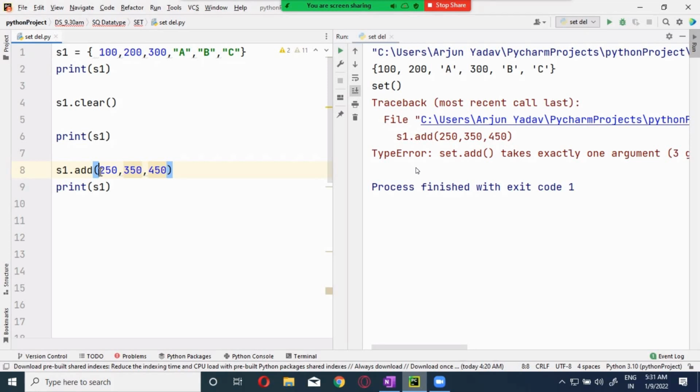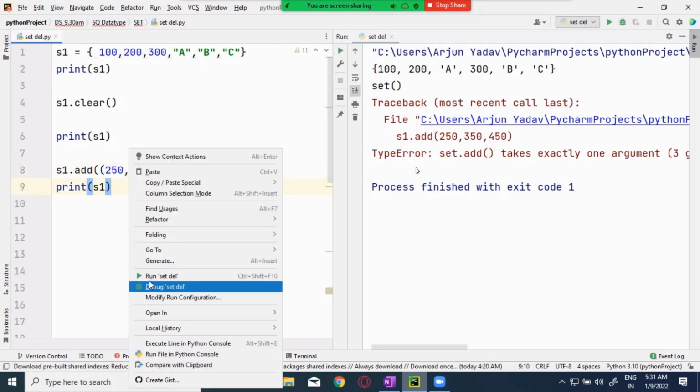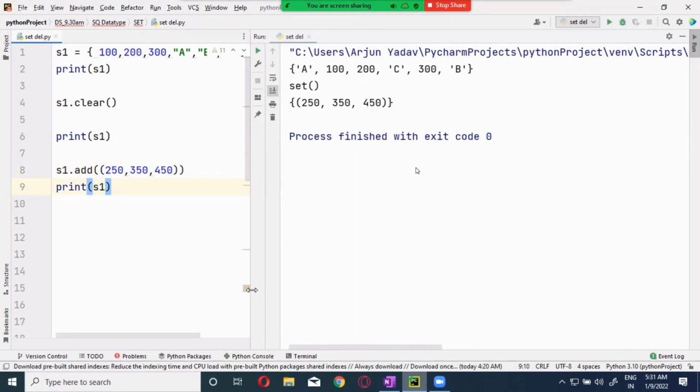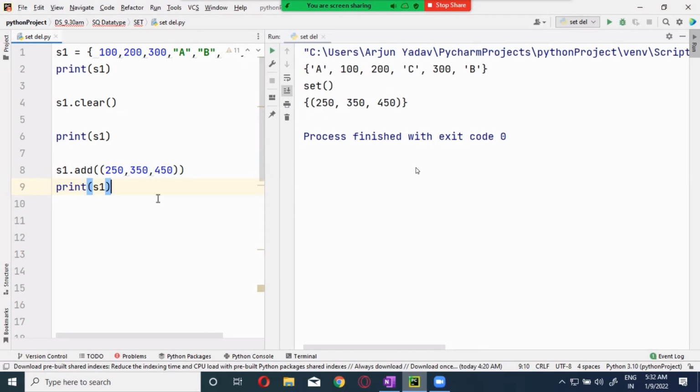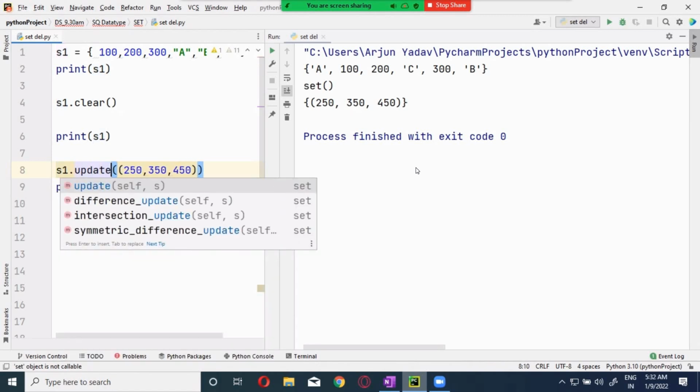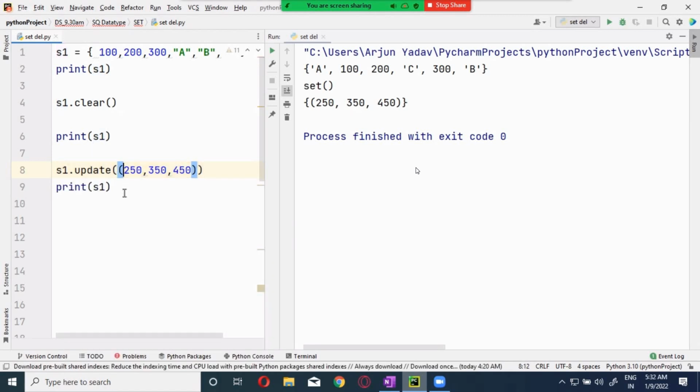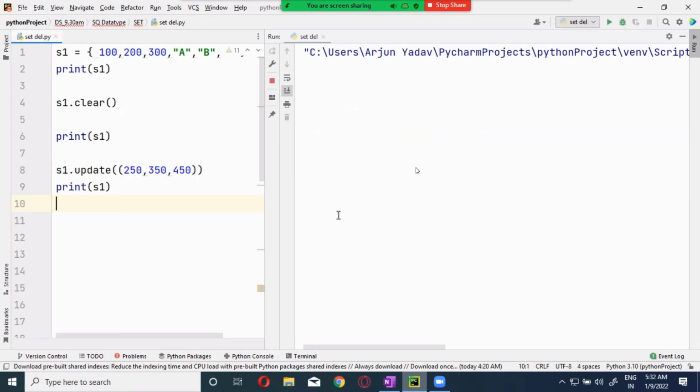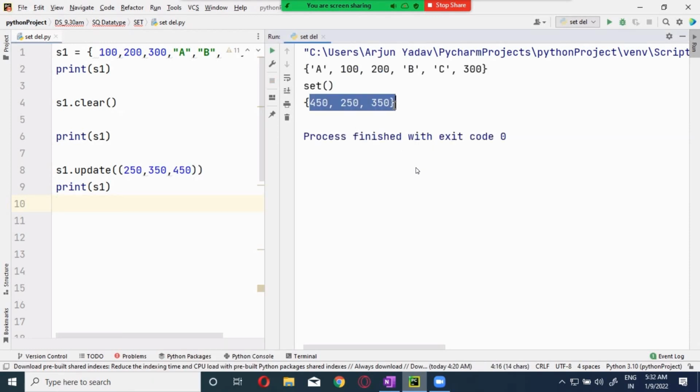I gave multiple values. Clear, this is accepted. Now you can use the update over here if you want to see. Can you see this update? What it has done? Previously, when I did it using add, it was taking the values as they are and putting them inside in the tuple format.